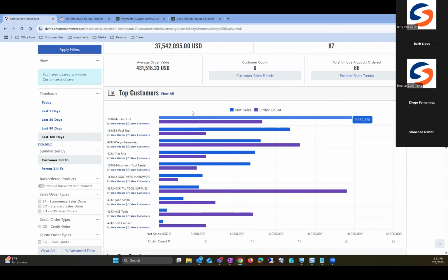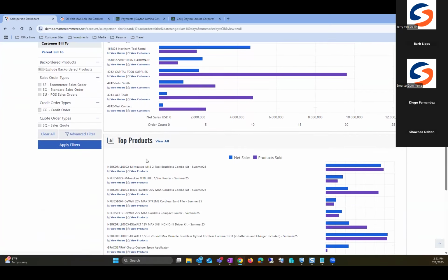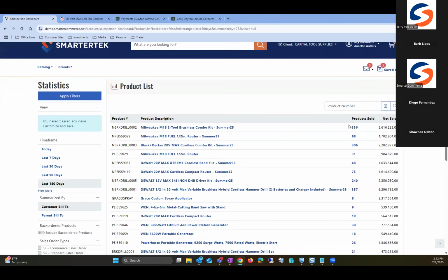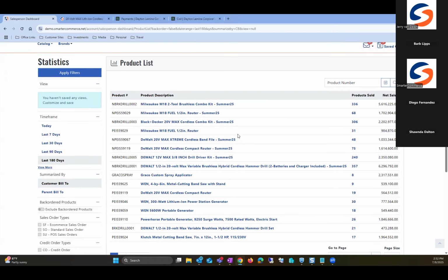what their net sales are for the time period that they want to look at, how many orders they've placed, maybe their top products that have been sold, and then drill into those and see more information regarding that. The top product that's been sold, 336 units, the net sales of that, and so on and so forth. Really providing more assistance and capabilities to your sales personnel to not only see very detailed information about their customer,